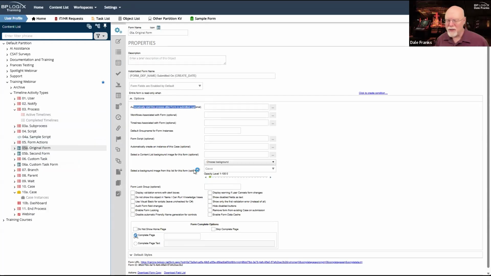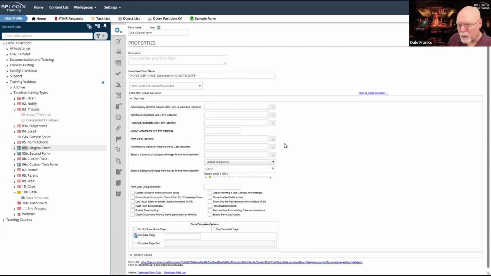Normally, you would have this set up, because normally we want to specify the process that's going to get started when we submit the form. But we're going to start this by just running the process manually. And so there's never going to be a form submission, or at least there won't be, until after the process has already started.